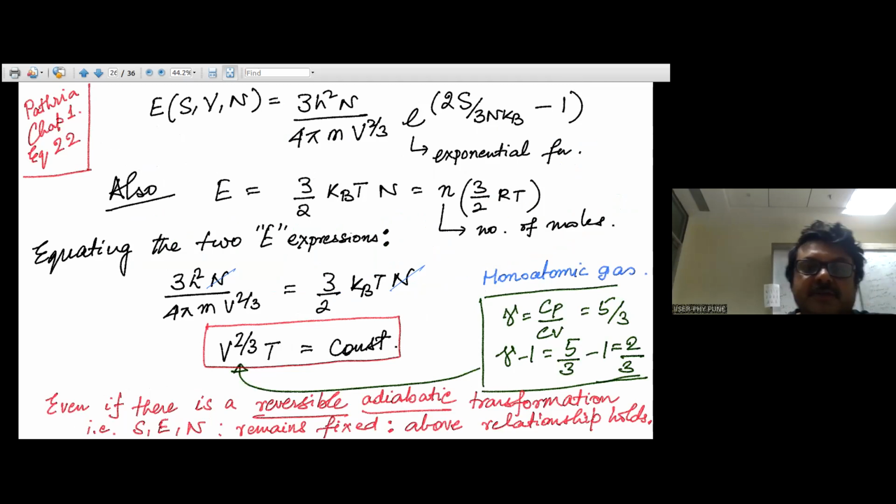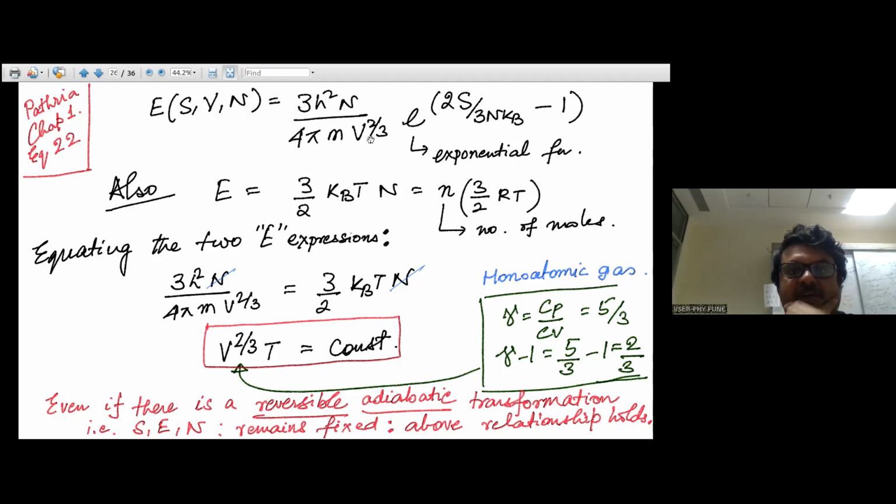And I also remind you that E we had calculated to be 3 by 2 kB T n, right? Which can be rewritten as n number of moles 3 by 2 RT. Now we have two expressions for energy, one in terms of entropy, right? And entropy is fixed. And if we just equate these two expressions, what we get is,